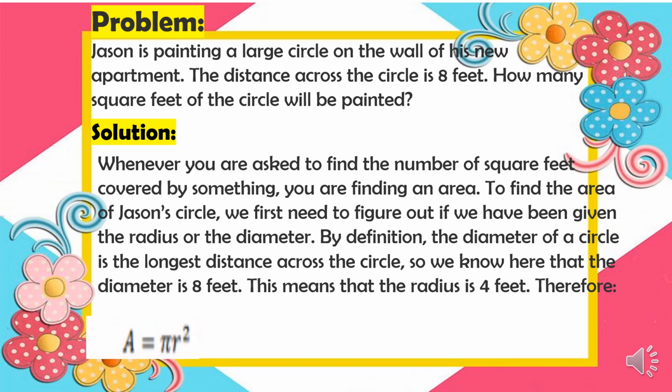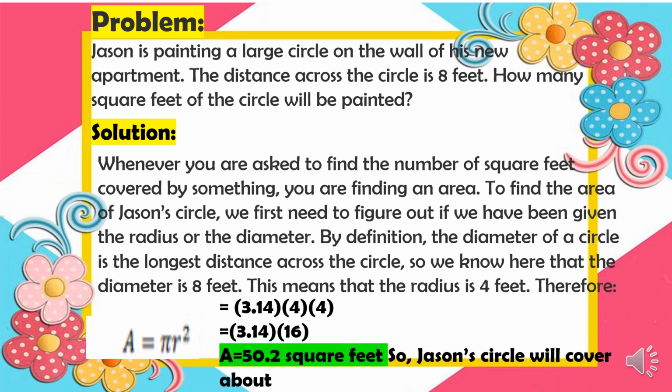Therefore, A = πr². Pi is 3.14, and then we have 4 feet, so we double the radius: 4 times 4 is 16. If we multiply 3.14 times 16, the area is 50.2 square feet. So Jason's circle will cover about